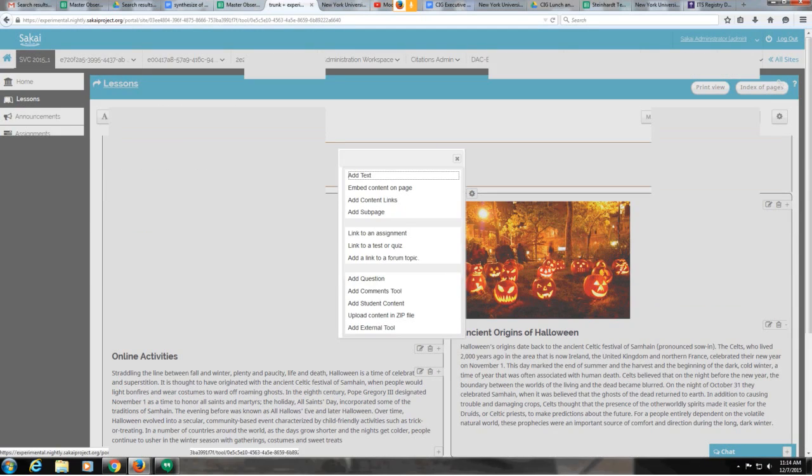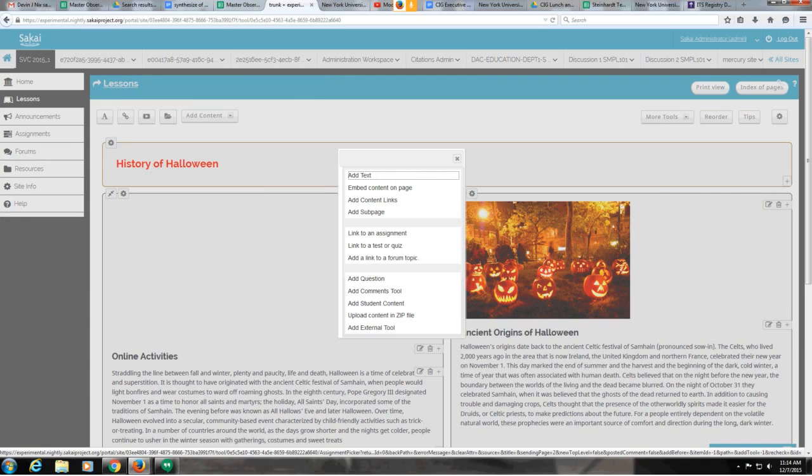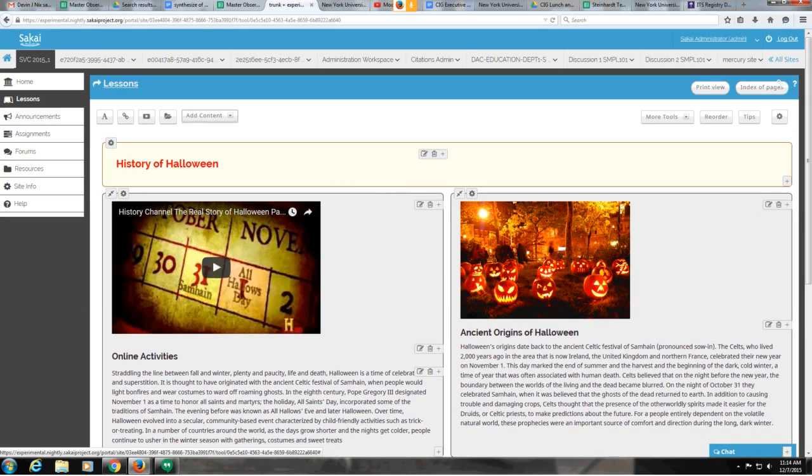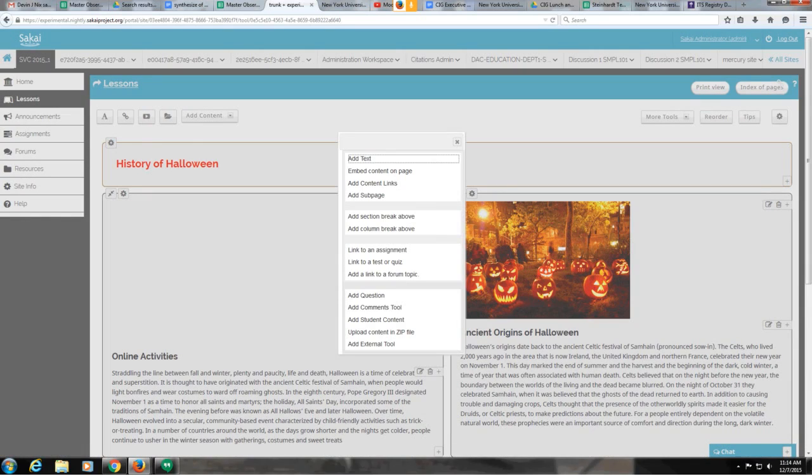You get this menu here, which shows all the different content items, but it's very, very similar to the menu you get if you go to the plus sign. It's just that part. Yeah, so the two layout features are kind of buried in that menu, and when people look at it quickly, they didn't seem to differentiate between the two menus. They seemed to think they were the same, and so they couldn't find, maybe they remembered they saw add section break somewhere, but they couldn't remember where it was, or they just didn't notice it at all because it kind of got buried in with some of the content item